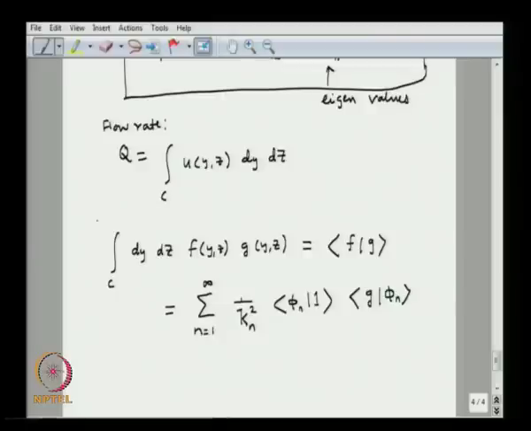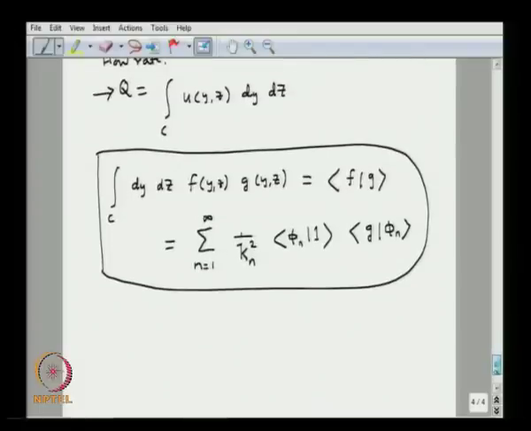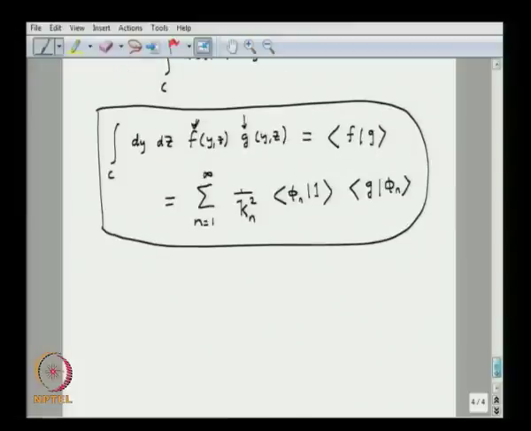So, this is the general formula that we know from eigenfunctions. So, similarly, here we can write an expression for q. In this case f is the velocity field and g is going to be 1, right. So, we can write q to be